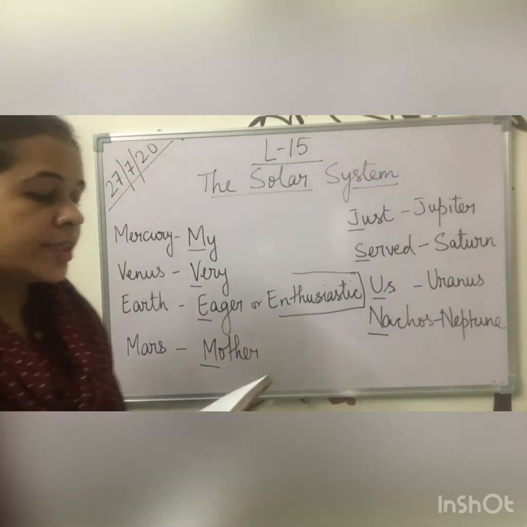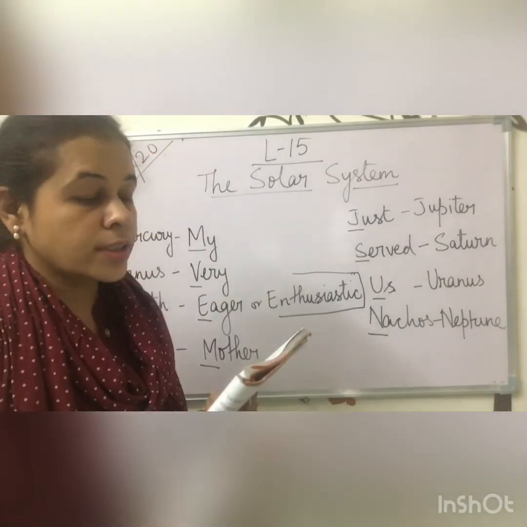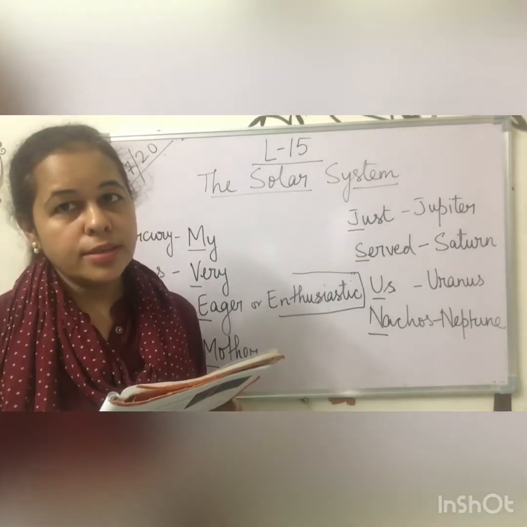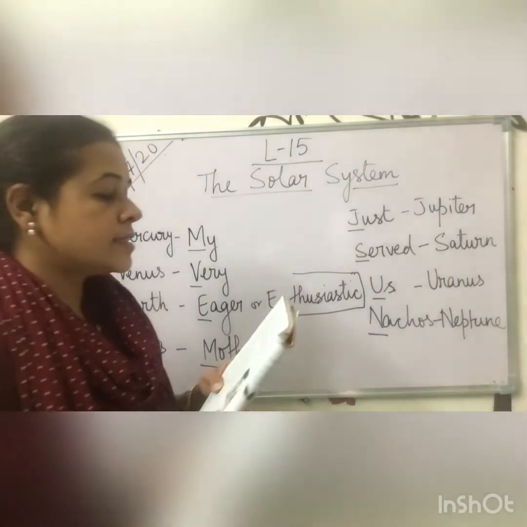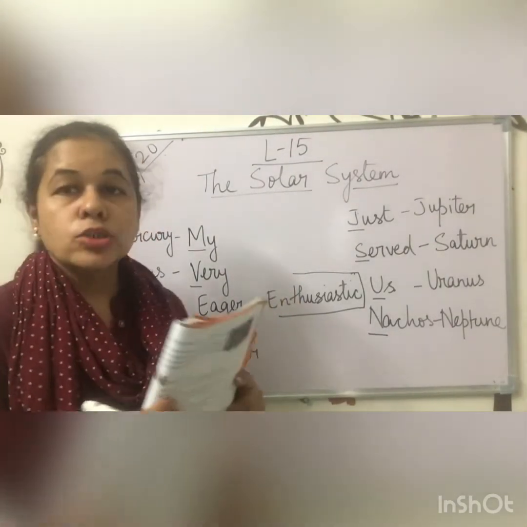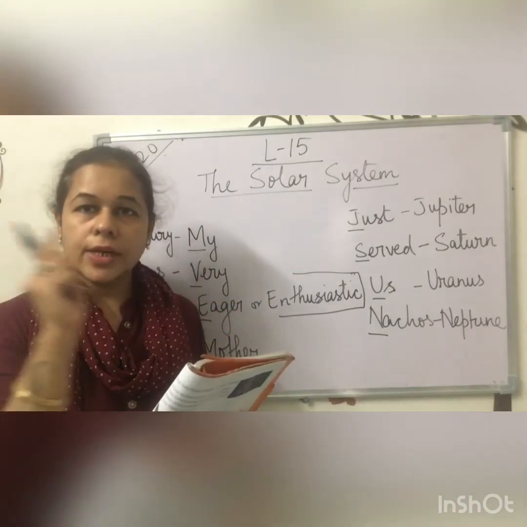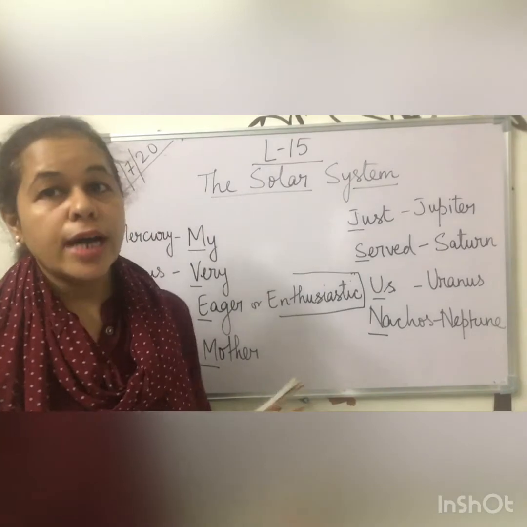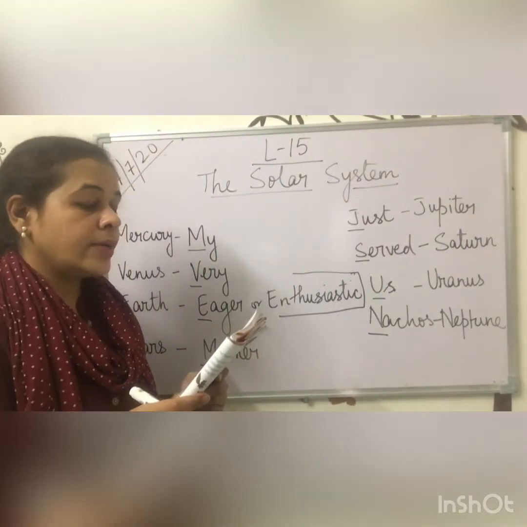Now we are going to read about Saturn. Saturn is the 2nd largest planet in the solar system. Which is the first one? Jupiter. Second is Saturn. It is surrounded by many rings made of ice crystals. So around this planet you will find small rings surrounding it, and it is made up of ice crystals.